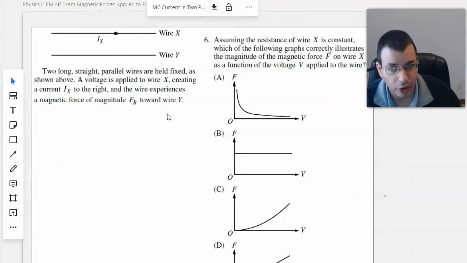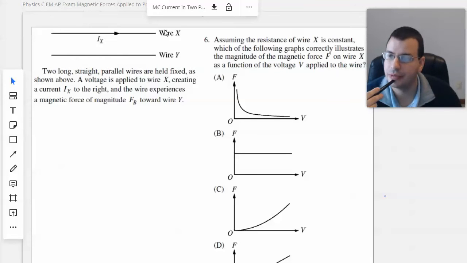Two long straight parallel wires are held fixed as shown above. Okay? The voltage is applied to wire X. I see how there's an arrow on the X but no arrow on the Y. That's because there's only a voltage on X, creating current IX to the right. The wire experiences a magnetic force of magnitude FB toward wire Y. Creating a current to the right. The wire experiences a magnetic force toward